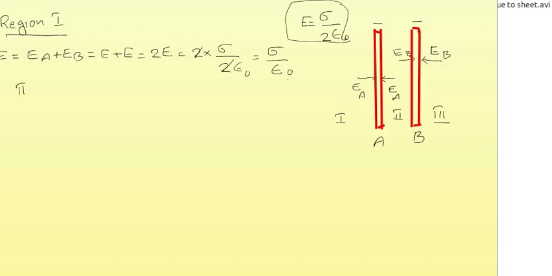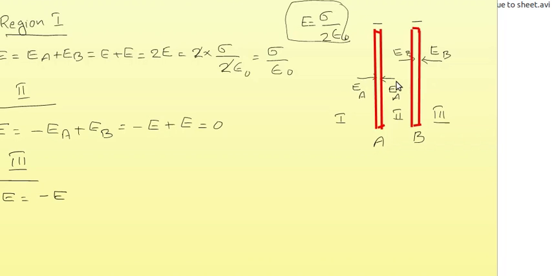Similarly we can find the strength of the field in the region 2, that means between the two sheets. So total field is equal to due to A plus due to B, and due to A you can see that the field line is going towards the left, right? EA is towards left, but EB is towards right, so minus EA plus EB. So minus EA plus EB is equal to minus E plus E, in the assumption that both the strengths are equal, so it is 0. Then finally in the region 3, E is equal to the field due to A.